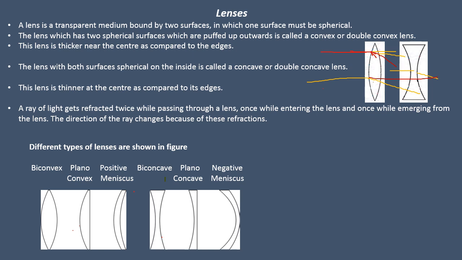Then you can see a plano convex. Plano means, you can see in the diagram, one surface is a plane straight line and one is convex, therefore it is called plano convex. Then see the third one, biconcave. That is nothing but our concave lens, as we have discussed, the spherical part is inward. Biconcave because there are two inward parts, therefore it is called a biconcave lens. Similarly, we have plano concave. Why? Because again one side is a plane and one is spherical inward. So that is what is called a plano concave lens.